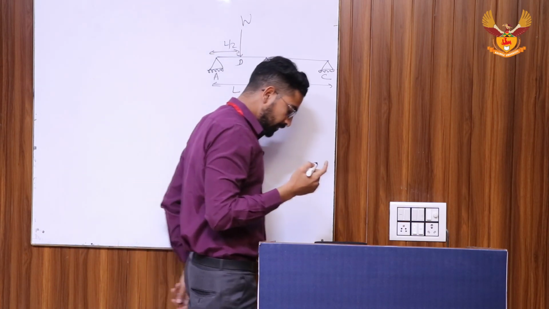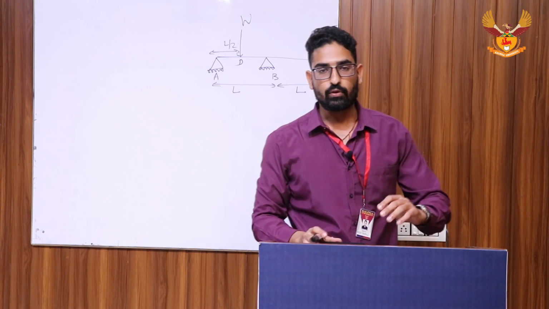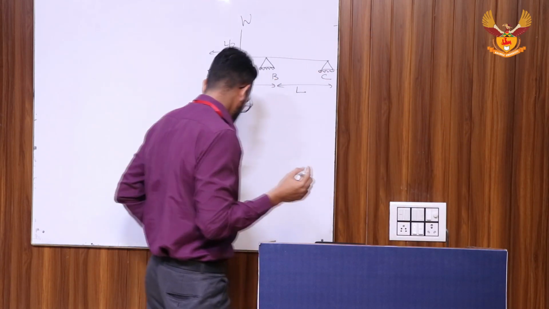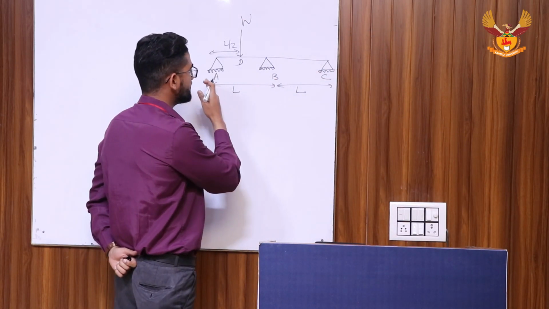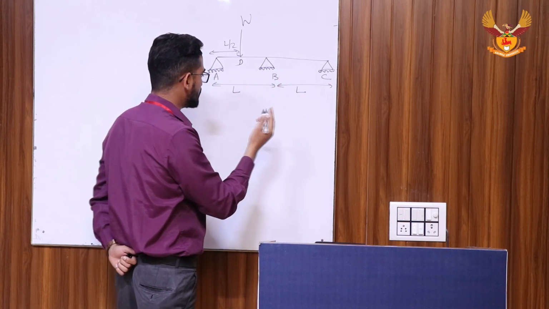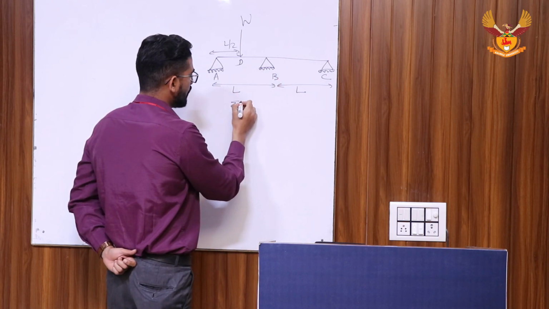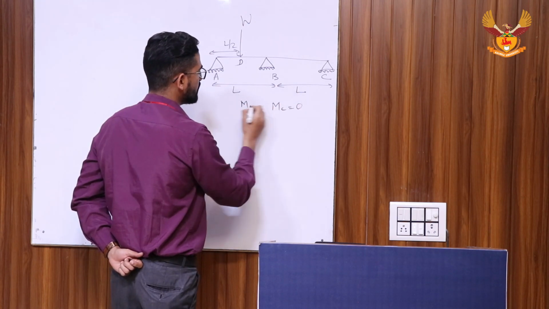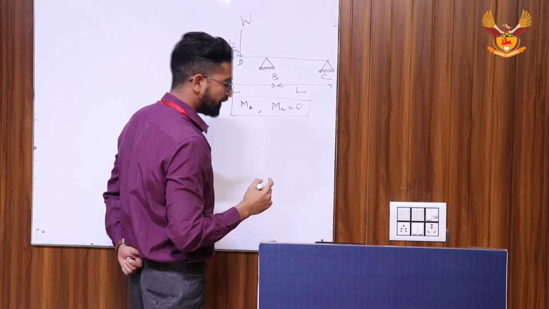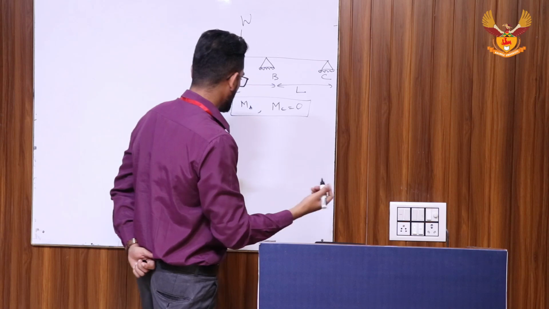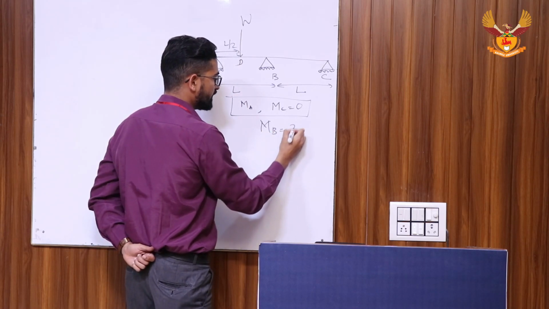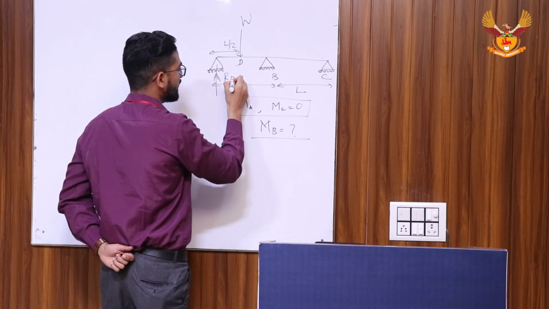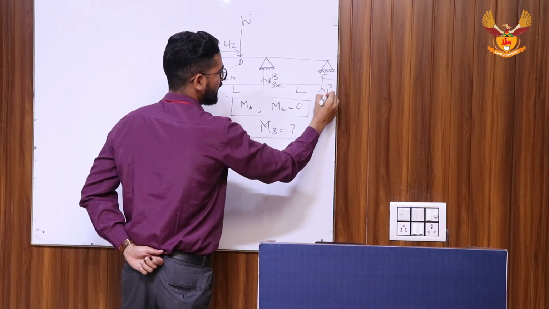I am picking one method from indeterminate structures, that is the three moment theorem. With the help of the three moment theorem, I can easily calculate the reactions at A, B, C and the moments also. First of all, the moment about A and about C is equal to 0. Always remember, the moment at the end support is always 0. So what do I have to calculate? The moment about point B, and the reactions RA, RB and RC.